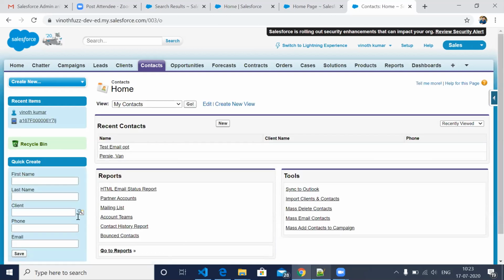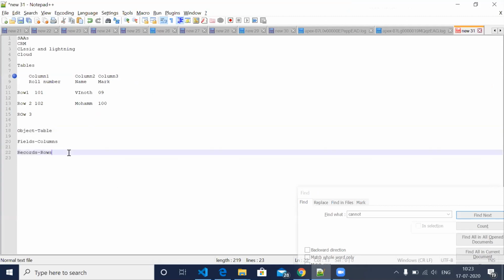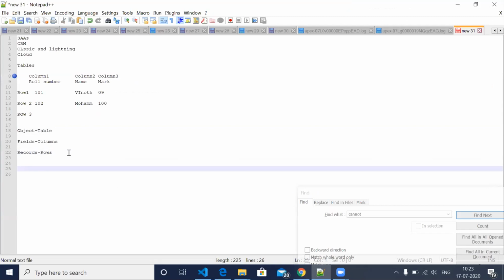Now just explore whatever we have seen and try to do a small assignment. I'll give you one small assignment. Try to do it on your system or mobile. System is better. So what I want you to do is go to the account object